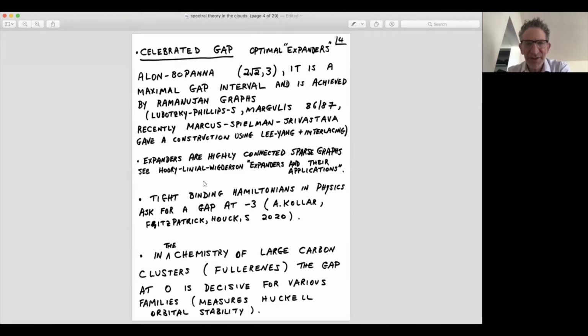They're known as expanders. These are optimal expanders, and there's a beautiful survey paper of Hoory, Linial, and Wigderson about expanders where you can see how they're used in many, many different contexts. I used to give lectures saying, well, this is a deep fact, and you should never say that, but I would say it anyway. Nobody will ever give a construction of Ramanujan graphs without using number theory.